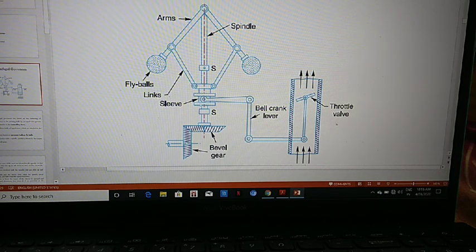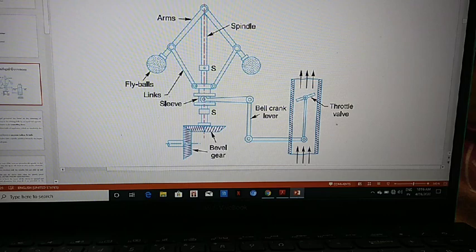First of all, we should know that it is a controlling device, and basically the practical applications are in turbines, Pelton wheel turbines. That is, governing of the Pelton wheel turbine is done, and hydraulic drums and steam turbines, diesel engines, gramophones. In the old days it was used in gramophones, and airflow regulators of blowers, air cooled engines. These are all used to control the speed of these engines. So basically it is a speed controlling device.